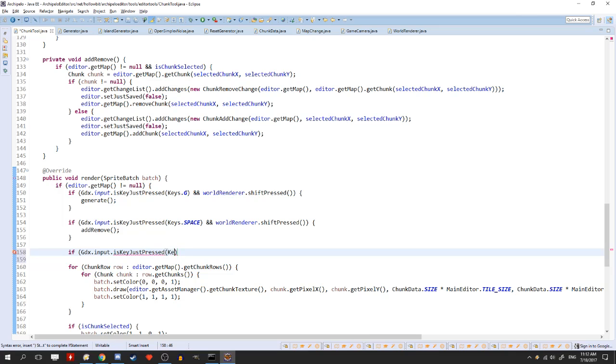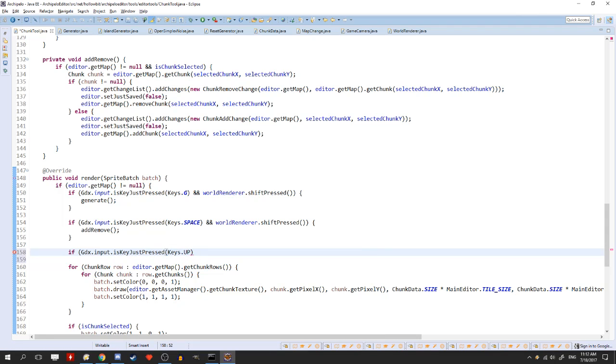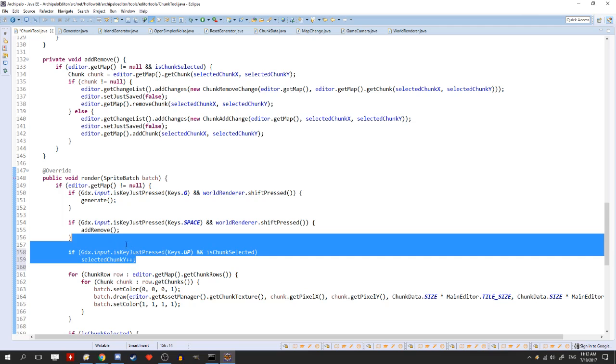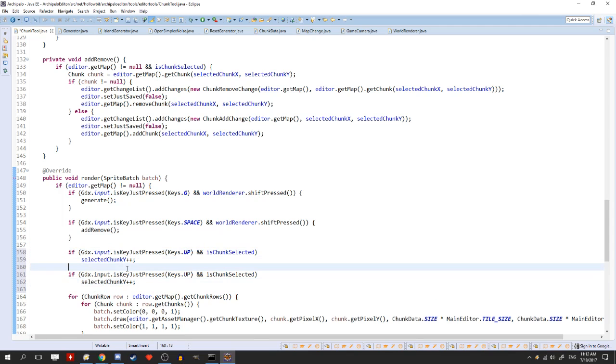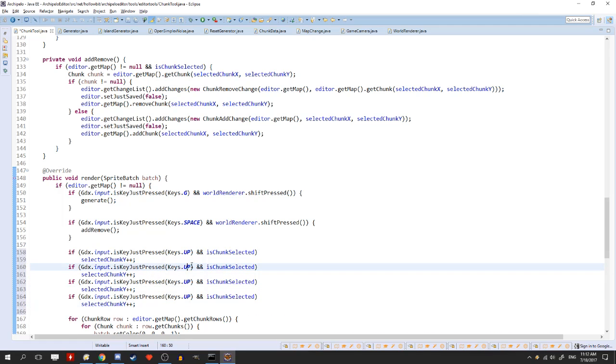Is keys pressed, keys dot up, and is chunk selected. Selected chunk y plus plus. Up, left,